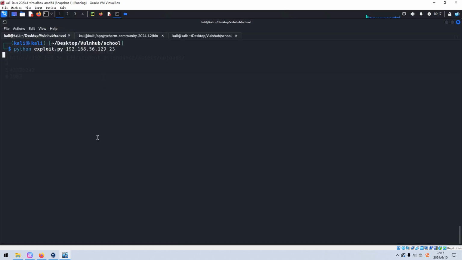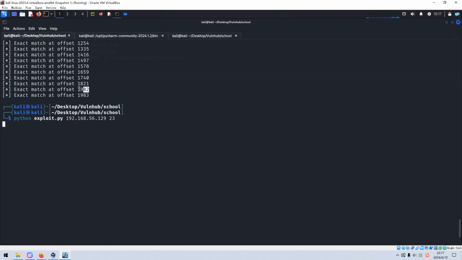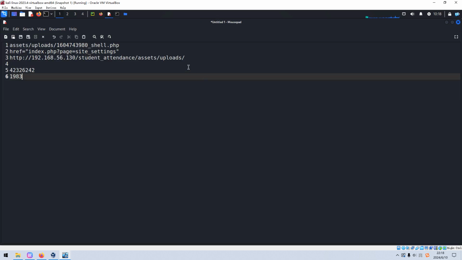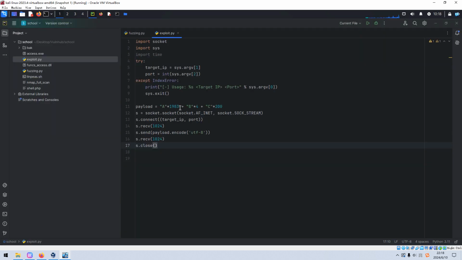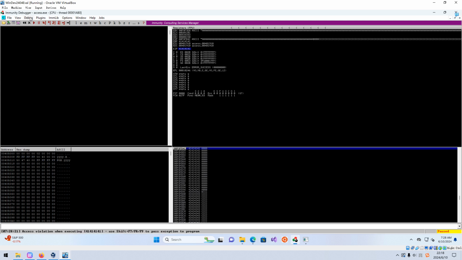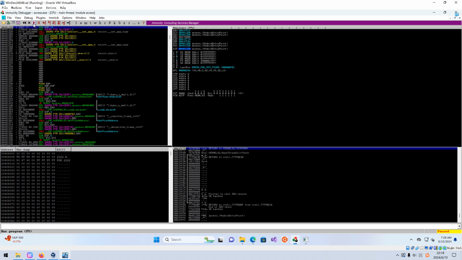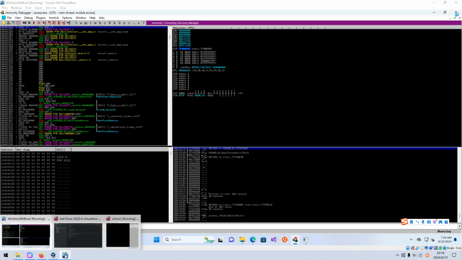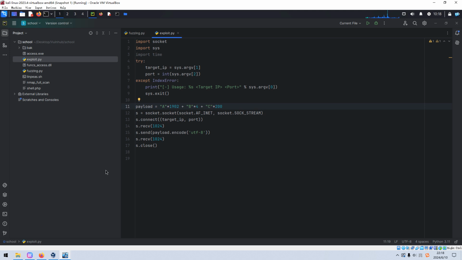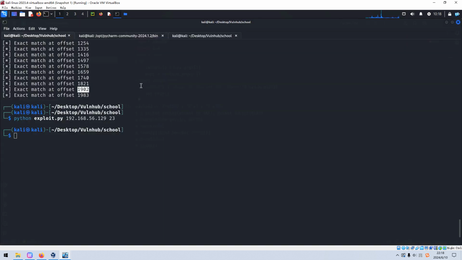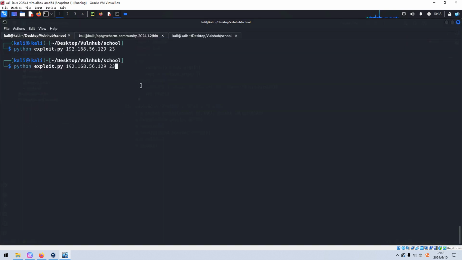So now we can try the next one, and we need to restart the process again. So buffer overflow attack is so time consuming. Need to spend a very long time to do. And we can run it again.